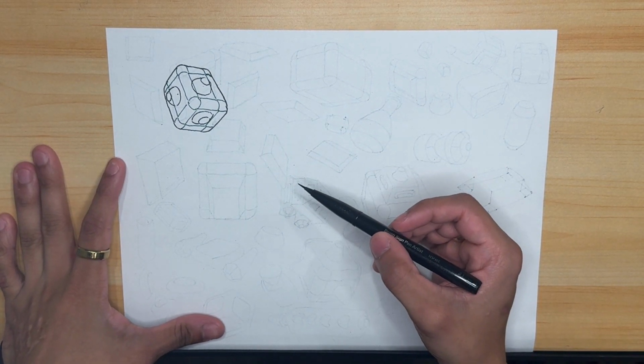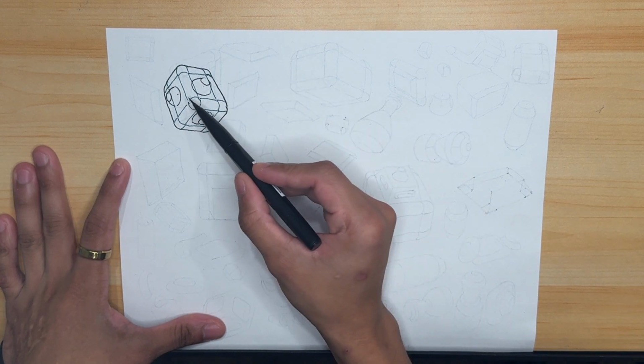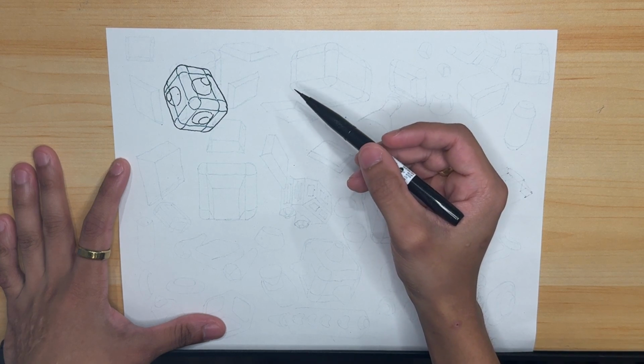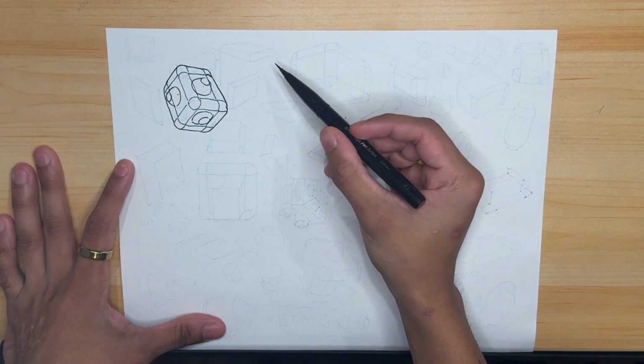And I think the next step on top of that is to start cutting out from these shapes. Ooh, that was like a dragon's roar. But